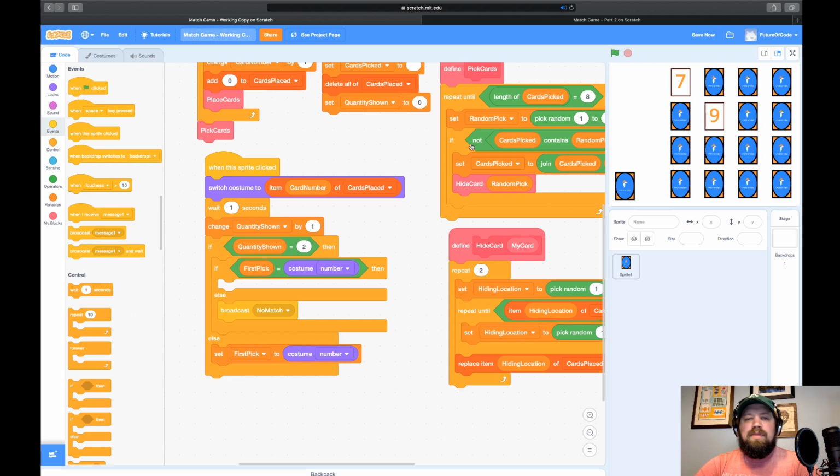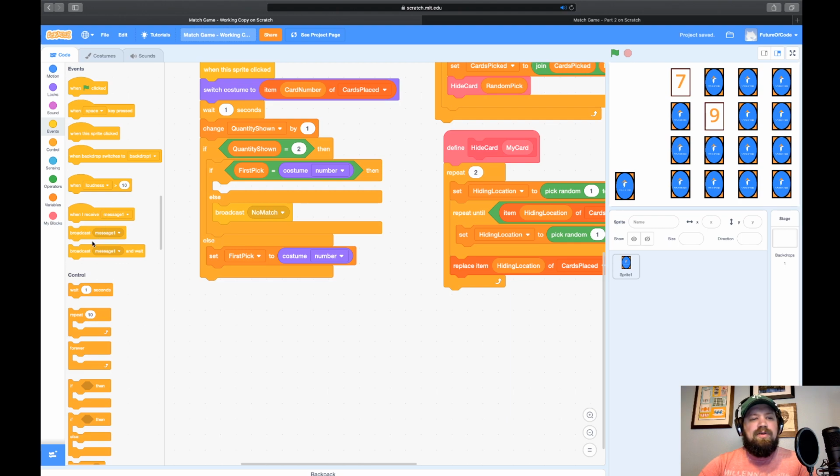And what this is doing, why we use a broadcast, is because we can tell this card to flip back over, but we want the card that we already flipped over to go back to the way it was. Well, we're not looking at that code anymore. That card is kind of sleepy now. It's not really paying attention to what we're doing. But with a broadcast, we can wake it back up and shake it awake and say, hey, do something.